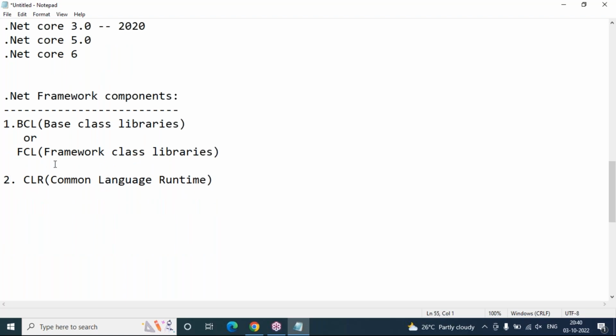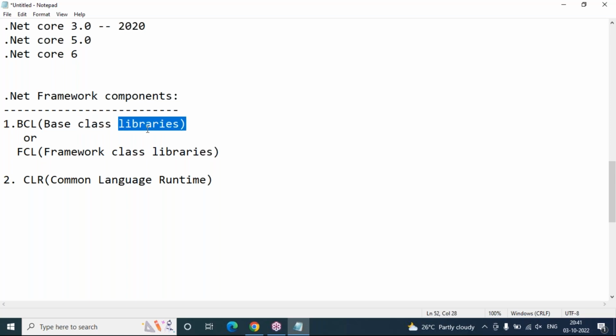So in a simple way, I can say base class libraries are the building blocks of the .NET framework, even the .NET Core framework also. Without base class libraries, we can't write any .NET program, because they act the same as header files in C++, packages in Java, and modules in Python. Here the header files' role is played by the base class libraries. But in the .NET context, we call them namespaces.